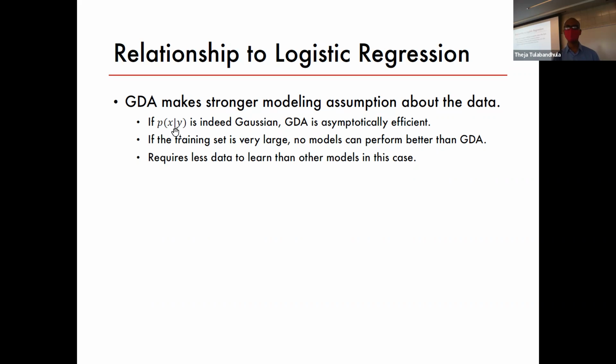So if p of x given y is indeed Gaussian, then GDA is technically called asymptotically efficient. Technically, it just means that if you have a lot of data, you are getting to the true underlying parameters. In other words, at least in theory, if it is indeed true that things are Gaussian, then you cannot perform better than GDA, because GDA already assumes something which is already true in the data. Any approach which doesn't assume that has to first learn those patterns